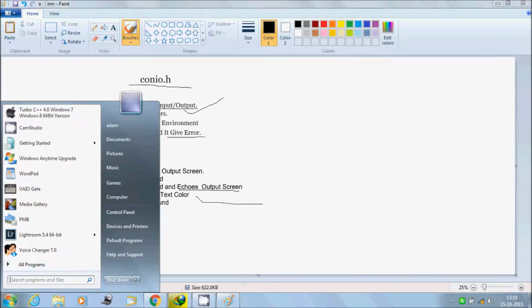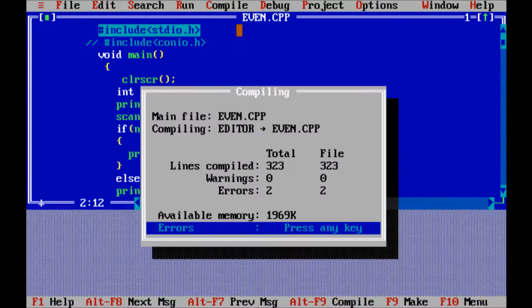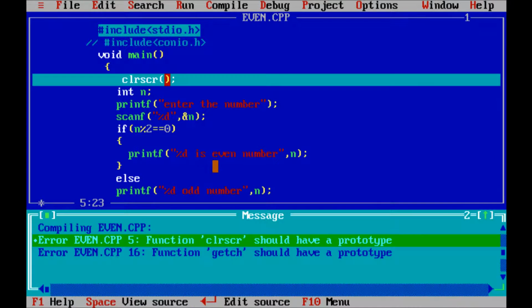So let's open Turbo DOSBox. Here I already created one program, where I'm using include conio.h. If you mark it as a comment and compile, I'm getting two errors.